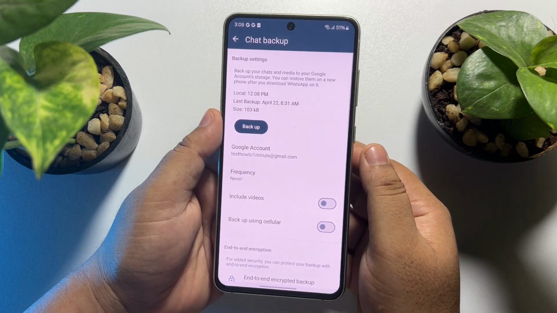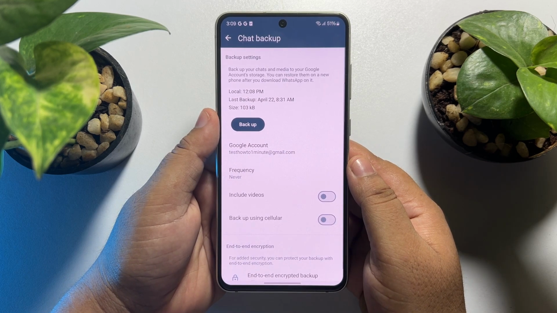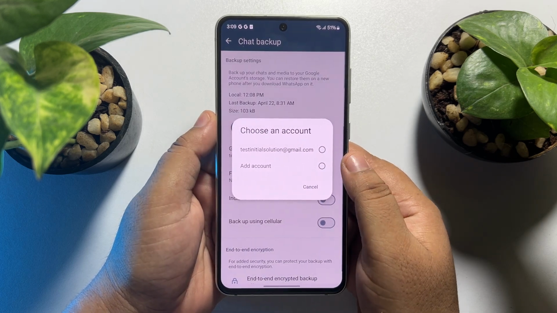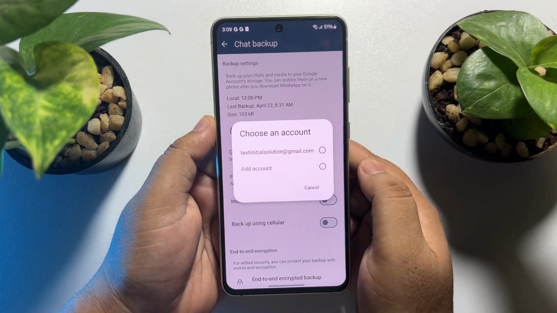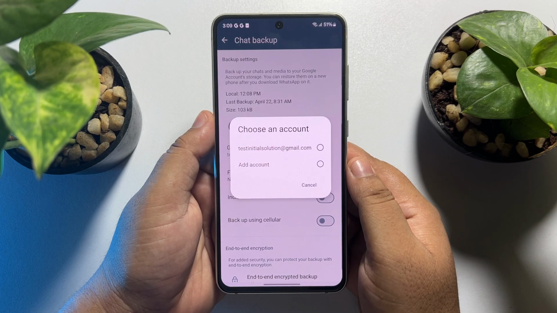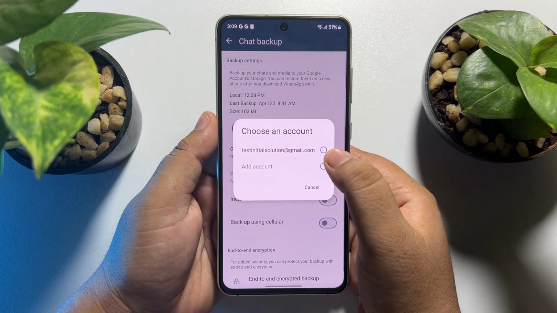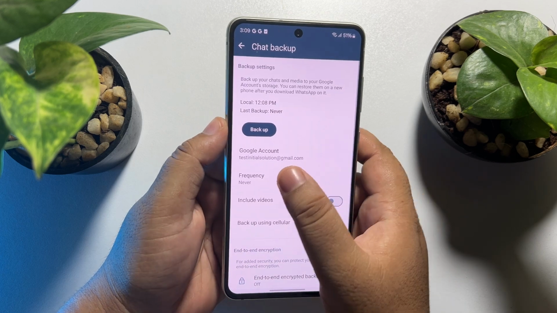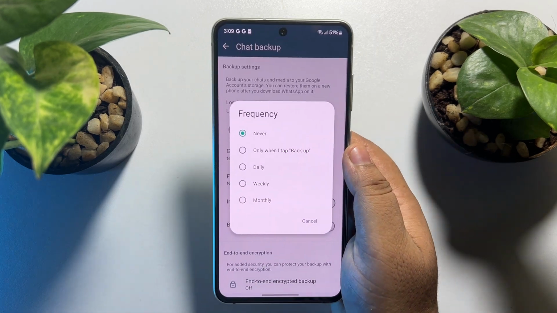And now to back up, first of all you have to add your Google account. So tap on Google account, and from here by tapping on add account you will be able to add a new Google account. But I'm going to select my existing Google account here, and tap on frequency, and from here